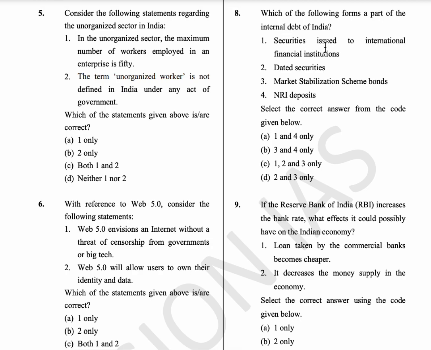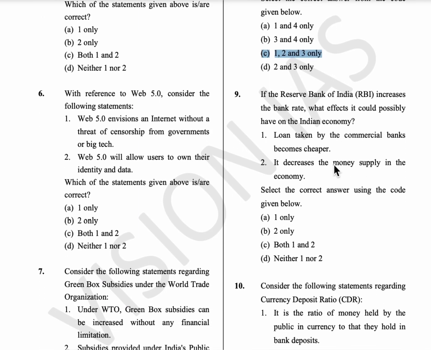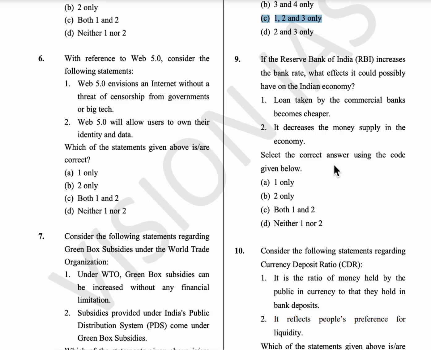So securities issued to the international finances, this comes under internal debt. Next is dated securities, this also comes under internal debt. Market stabilization scheme bonds also come under internal debt. But the NRI deposits are credited to us, that means they will credit the amount to us. So the fourth statement is wrong. It is like a credit for India, not a debt. So only statements 1, 2, 3 are correct. So option C. Ninth question, if the Reserve Bank of India increases the bank rate,